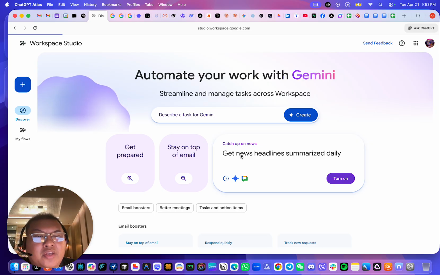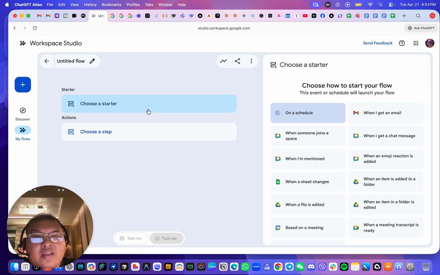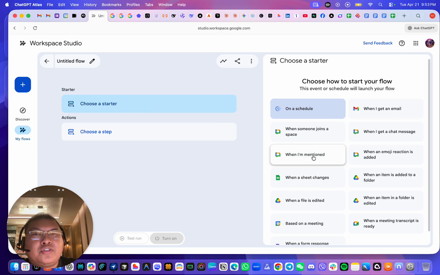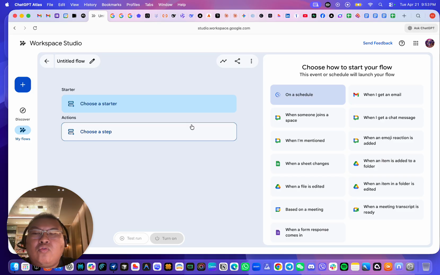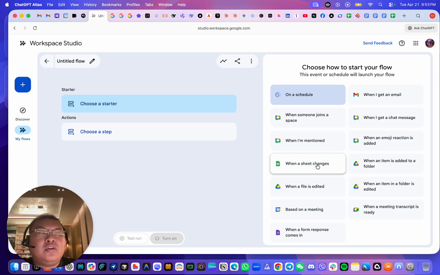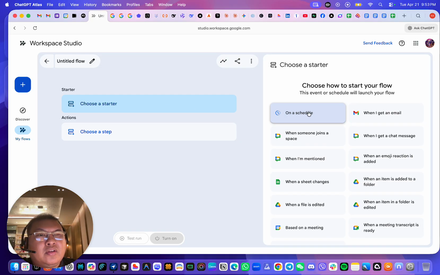There's a new flow here, and then for starter, this is basically the start of the automation flow, which means what should trigger the workflow. Depending on what your goal is, these are all the options that you can see when you choose a starter trigger. So for example, on a schedule, when you get an email, when someone joins